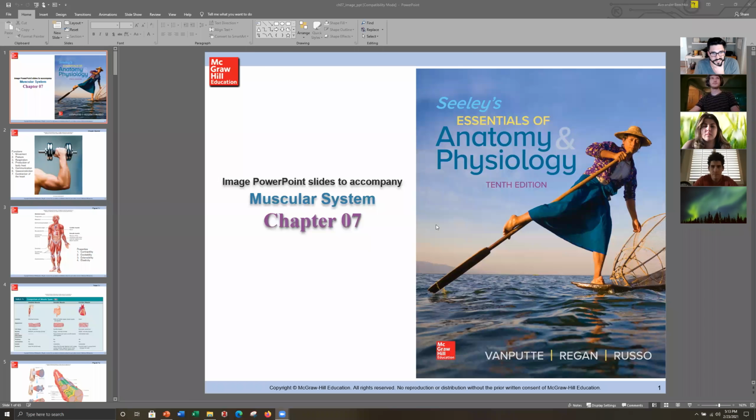Okay, so today's lecture, like I mentioned, is all about the muscular system. So this will probably be divided up into two parts. We're going to divide up the first half, talking a little bit about muscle functionality and different types of skeletal muscle that we'll be discussing. And then we'll talk about how the neuromuscular junction is structured, how muscle fibers are oriented, what the hierarchy of the anatomy of an actual organ of muscle is,